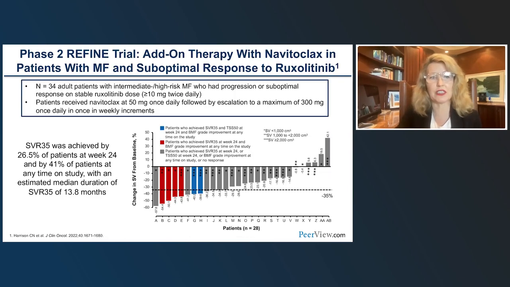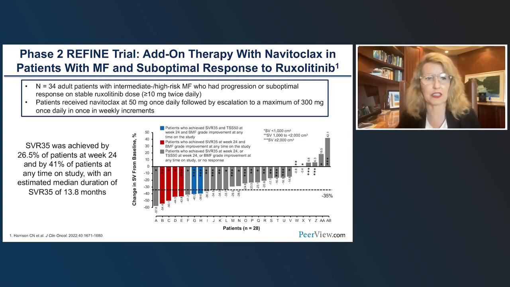So this is the phase 2 REFINE trial data, where we used add-on therapy with navitoclax in patients with myelofibrosis and a suboptimal response to ruxolitinib. There were 34 patients with intermediate and high-risk myelofibrosis who had evidence of progression or at least a suboptimal response on stable dosing with ruxolitinib of at least 10 milligrams twice daily. Patients received navitoclax at 50 milligrams once daily, followed by escalation to a maximum of 300 milligrams once daily in